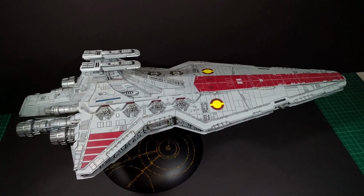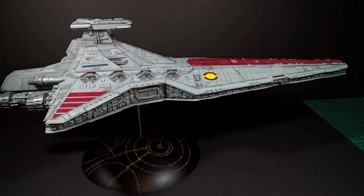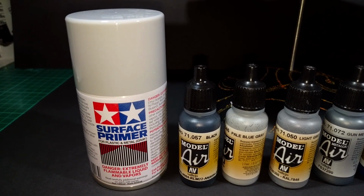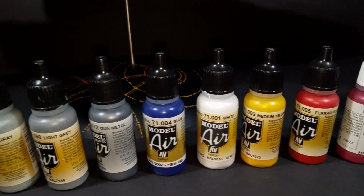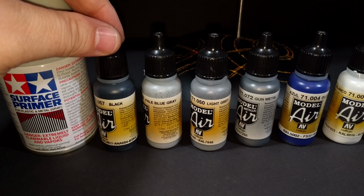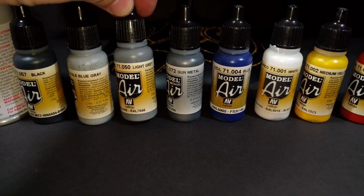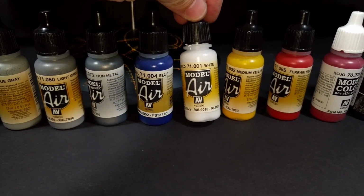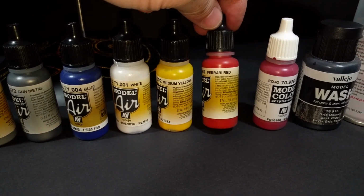And I'll just actually run through some of the products that I've used, well, all of the products that I've used, since I promised one of my commenters. Okay, so for the primer, I used Tamiya's Surface Primer in grey, and all of these black topped bottles are Vallejo Model Air range, specifically for airbrushes. So black was for the shading undercoat, pale blue grey was the main coat, light grey was for some of the darker grey panels, gunmetal for the engines, blue for the engines, and then white for the engines and some of the lights, then medium yellow for the lights, Ferrari red for more lights,